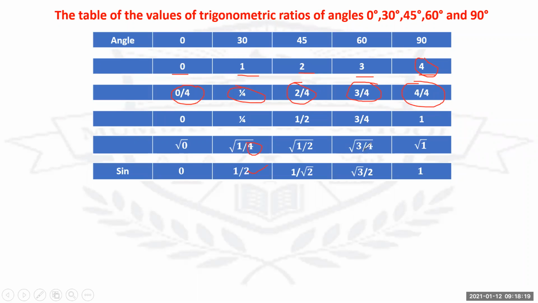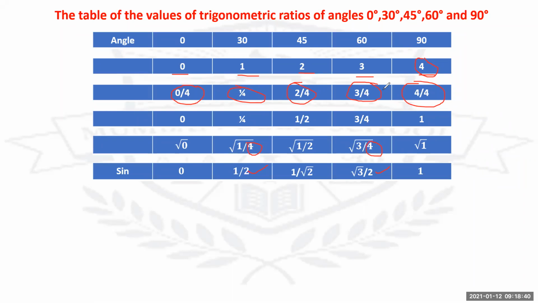Again, root 3, you cannot remove the square root. So you remove the square root of 4. Square root of 4 is 2. Understand? So you've got all these values. After simplification, whatever values you get are your sine values. Is this clear? Now, once you get this sine value, check the table, you're going to get it very